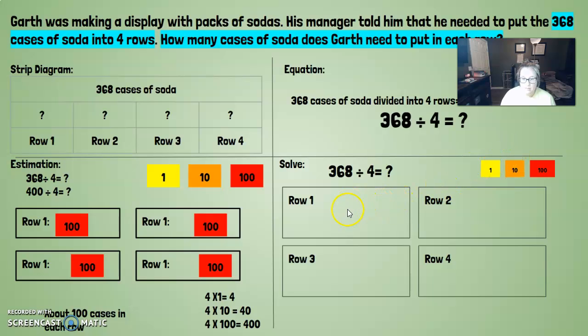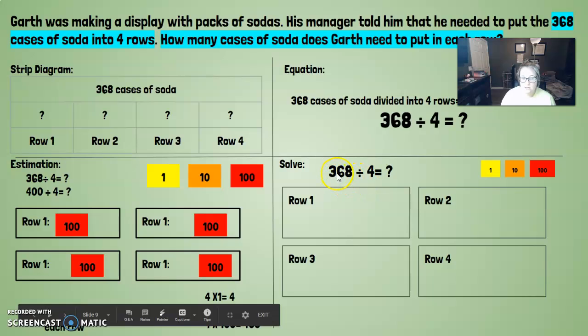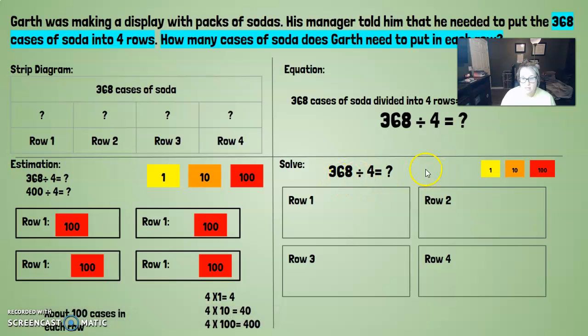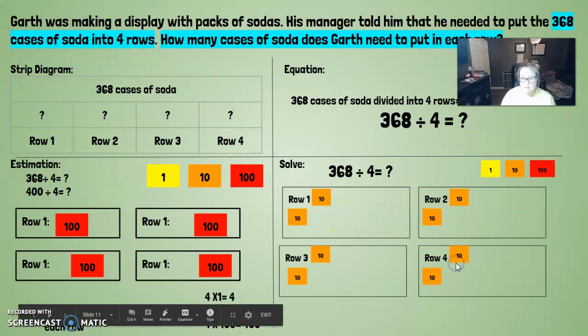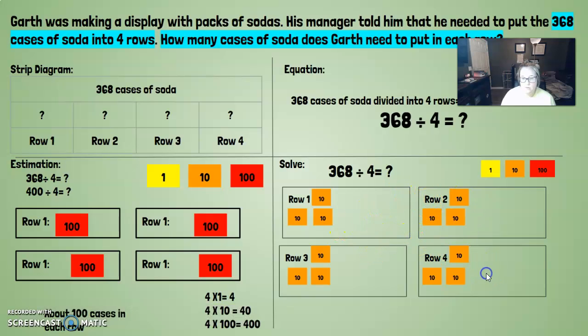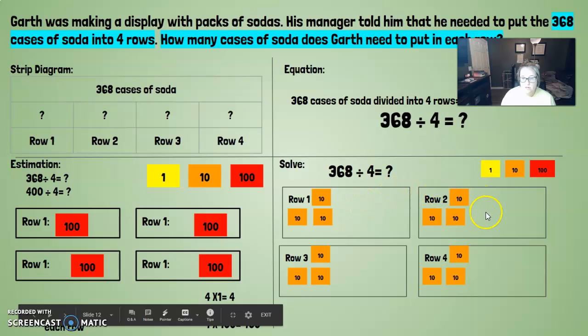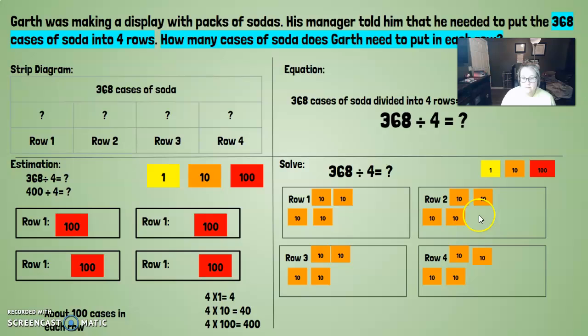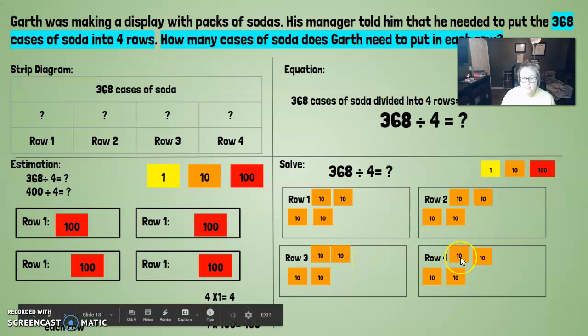So I'm going to count by 10, and I'm going to put in each row until I get as close to 368 as I possibly can. So 10, 20, 30, 40, 50, 60, 70, 80, 90, 100, 110, 120, 130, 140, 150, 160, 170, 180, 190,